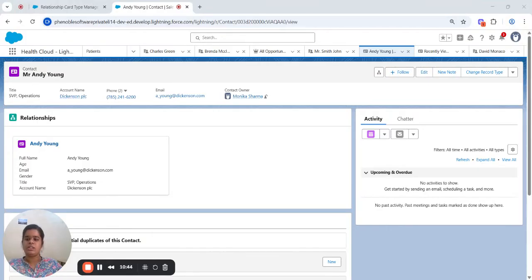So these are all the things I want to cover in this video. Let me just summarize. We talked about the relationship card. The relationship card makes life easier for users in hospitals, clinics, or medical practices who need to see clear and quick connections between people and places, right? And you can set different cards for different objects. For example, one for the doctor, another for the patient, or for managing care teams. We can create multiple relationship cards here, one separate for the doctor, one for the patient, one for the care team or provider, etc.